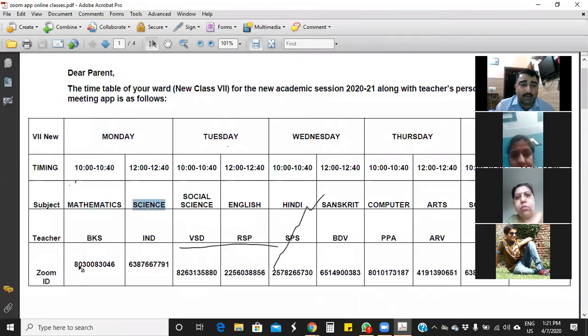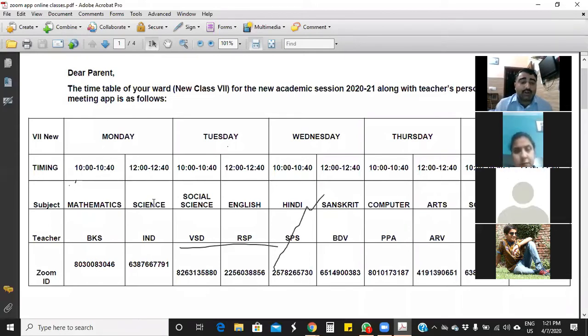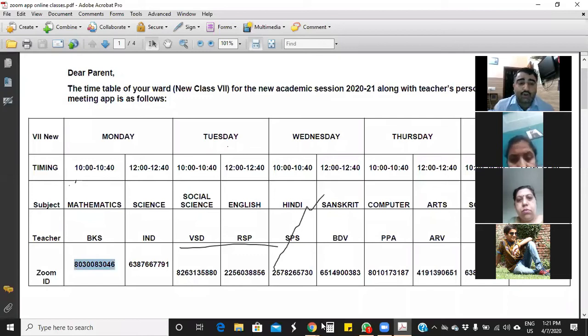Then here you can mention the name of teacher, and after that you can mention the Zoom ID. So Zoom ID, I again repeat, it should be a personal meeting ID of the teacher. If you select automatic meeting ID, then it will keep changing every time. So students will get confused about what ID they have to enter. But if you have mentioned your personal meeting ID, it will remain the same all day. And when your class is there, they just have to enter this meeting ID and they can join your class easily.